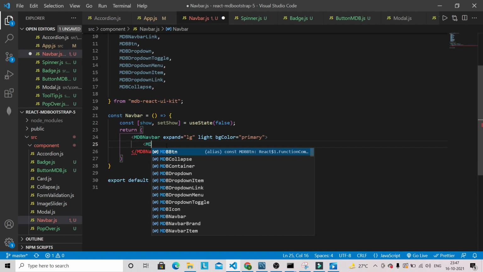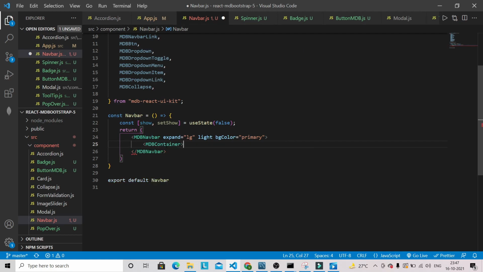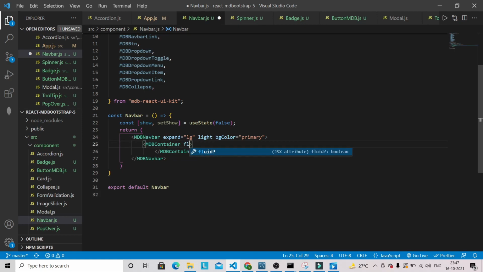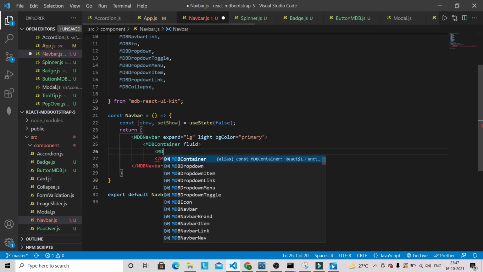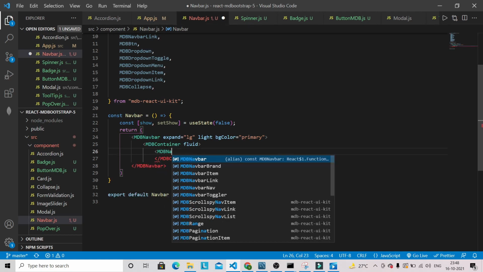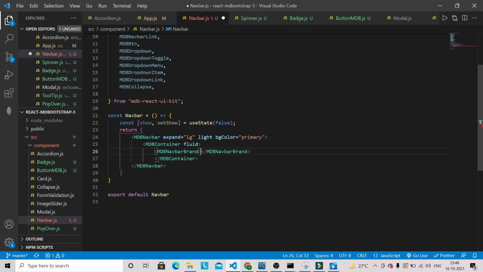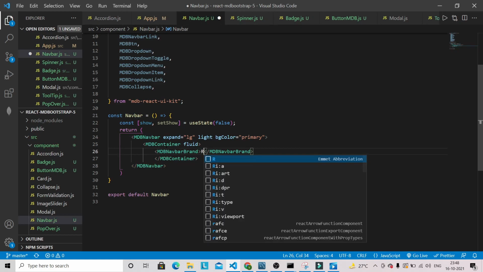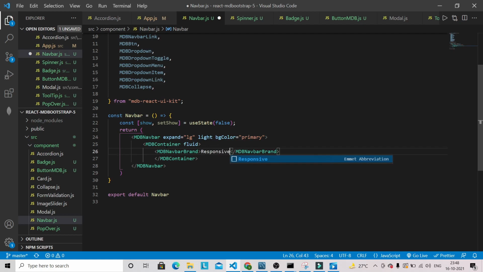Then we have to specify MDB container, and then we're going to have fluid as a prop. Then we can define MDB navbar brand, and we can give the title like responsive navbar.